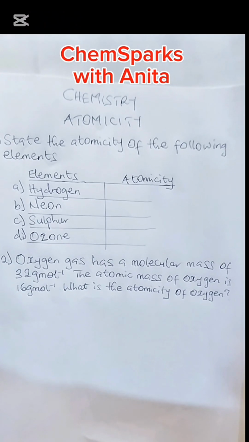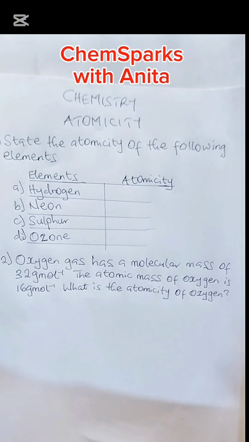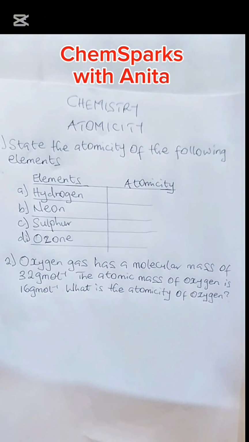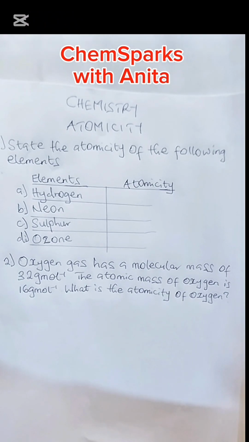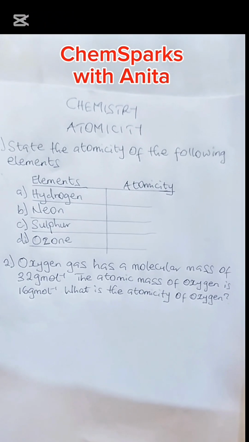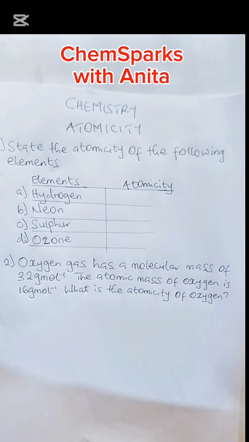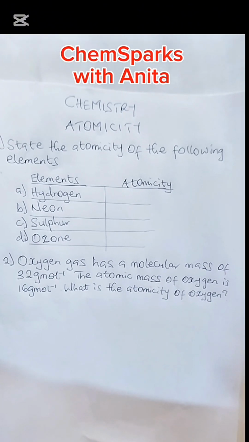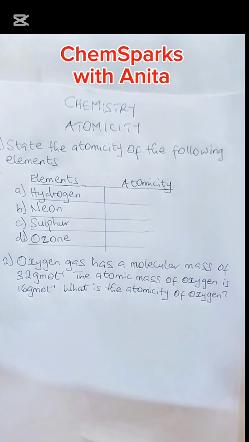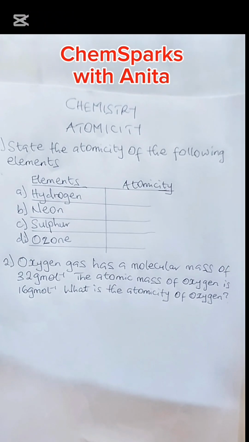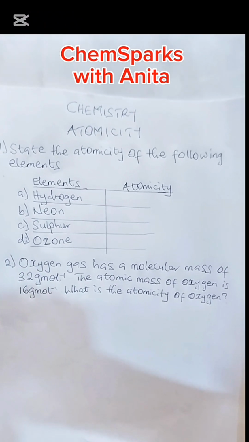And the topic is atomicity. I want us to test our knowledge so far based on one of the topics we've done. The first question says, state the atomicity of the following elements. We already know that atomicity is the number of atoms present in one molecule of an element. You remember I said that we use atomicity to describe only the number of atoms present in elements alone and